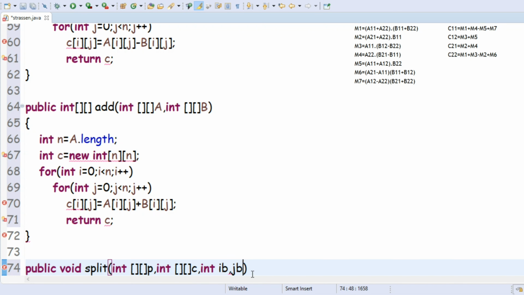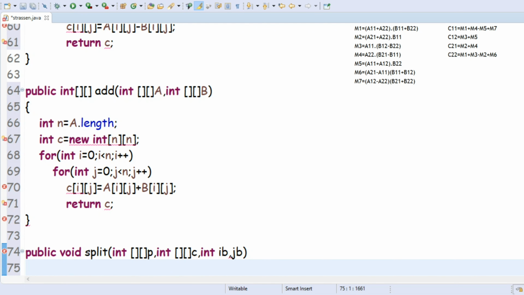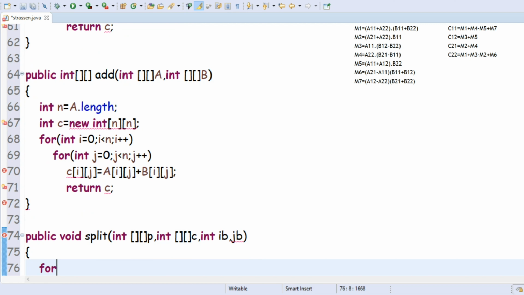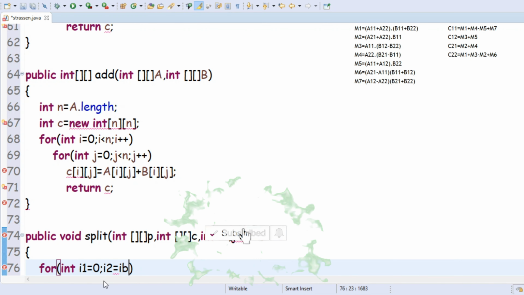These ib and jb are useful for calling the methods in the for loop at a time. Here in this for loop I take int i1 equals 0 for copying the elements into the child node. I1 is used to specify the child node, and i2 is used to specify the parent node, that is ib values.